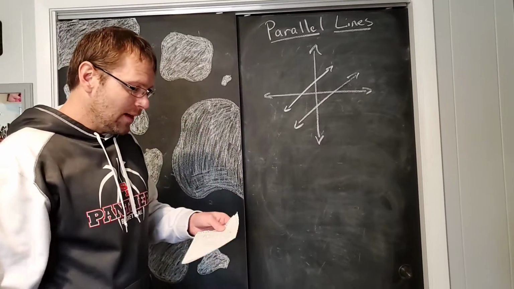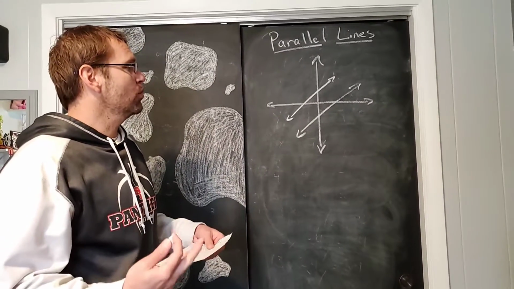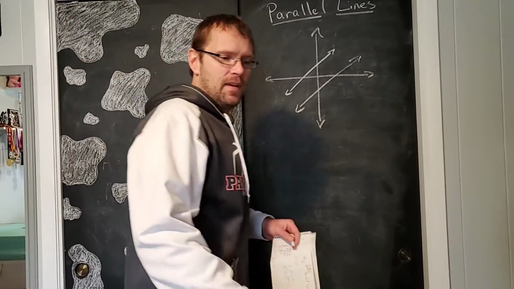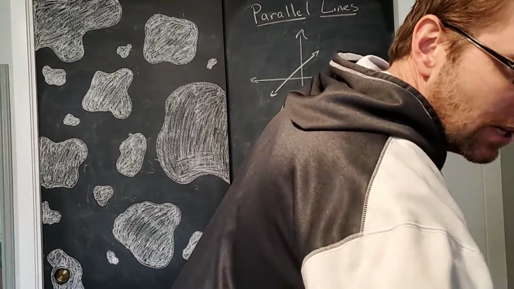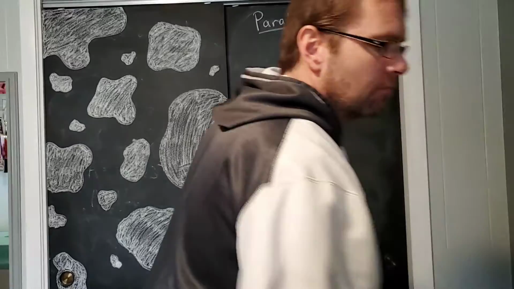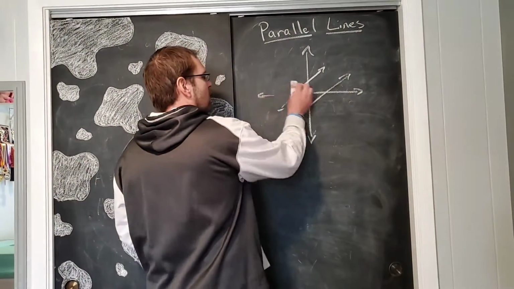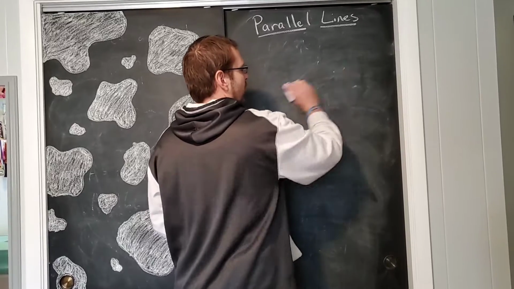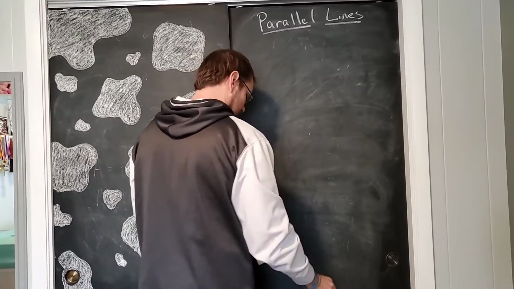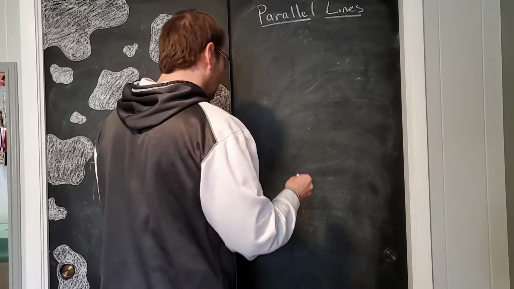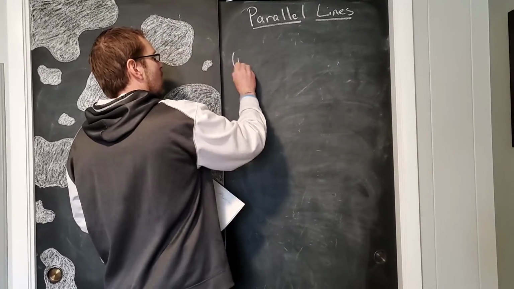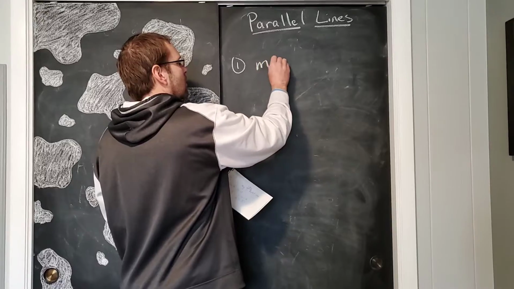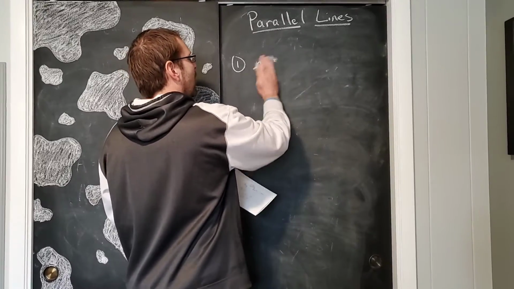Okay, and why that's important is for the problems we're going to do today. So really the first thing we need to know is the fact that parallel lines have the same slope. So, let me get rid of this and show you why that's important. So if I give you a problem and I say, all right, write me the equation of a line that's parallel